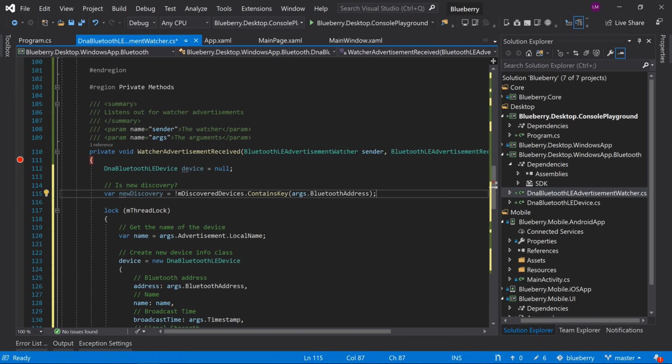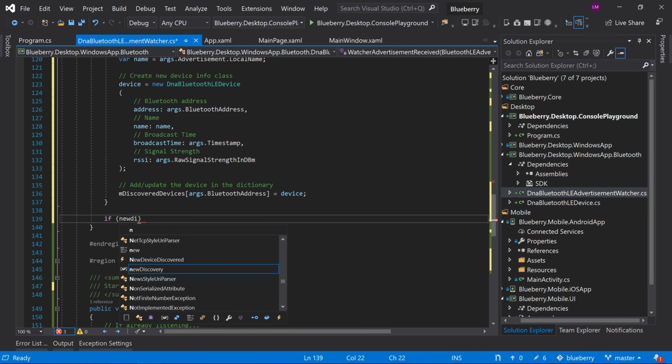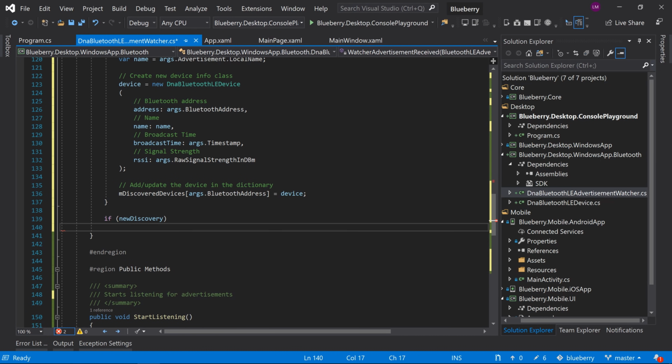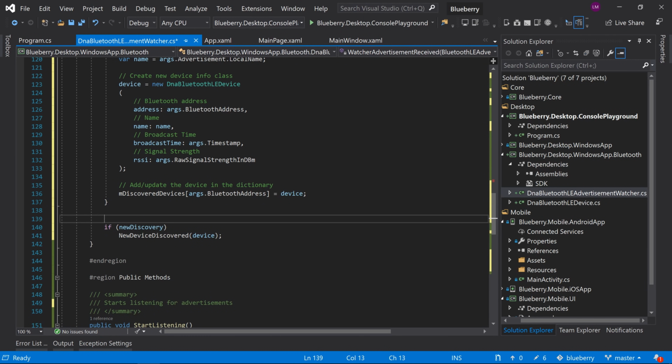Yeah, so basically if the dictionary doesn't have any element by this address already, then it's new. So then in here now, we can fire the event. If new discovery, then do new device discovered and pass in the device. And one other point here, if new discovery